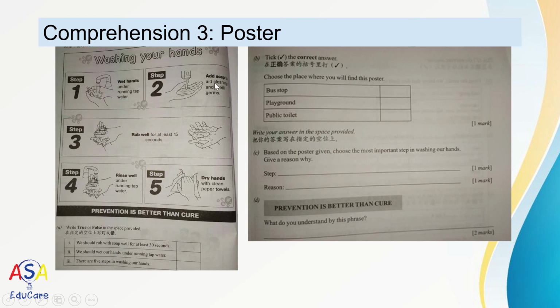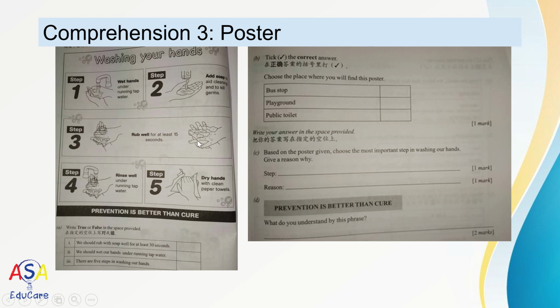Okay, step 2, add soap to aid cleaning and to kill germs. Okay, keyword here is kill germs, 杀细菌, soap. I think our government has talked a lot about how to wash hands. Third step is to rub well for at least 15 seconds. Yes, I'm aware that now 我知道现在政府说不是15秒对吧？是应该是1分钟。